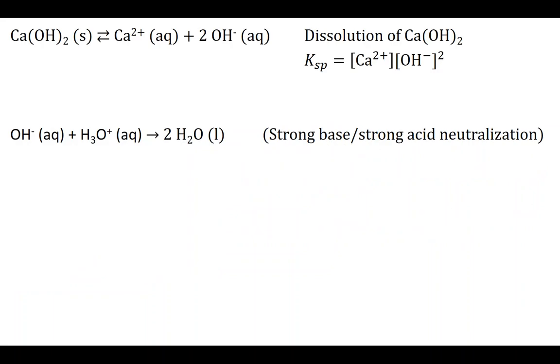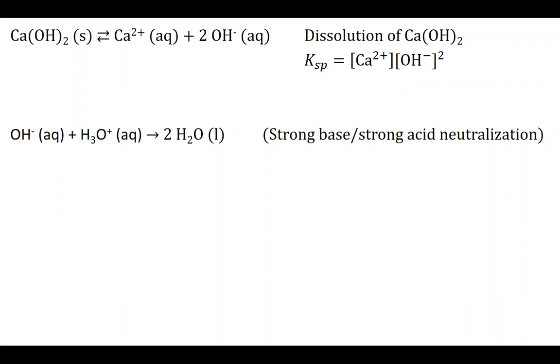All right, so to actually use those results, we need to look at a couple of chemical equations and discuss what to get from our data and how to apply it. So the first equation is the equilibrium for the dissolution of calcium hydroxide in water. And like any ionic solid, this involves taking the solid reactant on the reactant side, dissociating into its constituent ions on the product side in aqueous solution. So for calcium hydroxide, that's 1 equivalent of calcium ions and 2 equivalents of hydroxide ions, as indicated in the